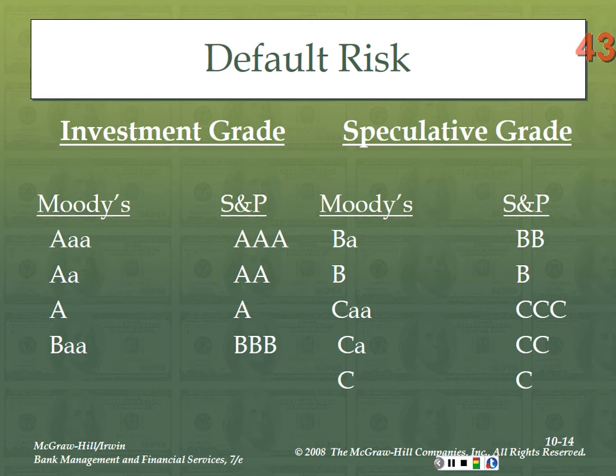And so what happens is typically there's a cutoff point somewhere, and historically, although it doesn't mean it is right now, it's typically right here between a single B and a triple C bond. Normally the default risk between a single B and a triple C, there's a huge difference between these two categories. So this is kind of the unofficial cutoff point where the risk really increases. As a matter of fact, if you look at studies that have been done on triple C rated bonds,